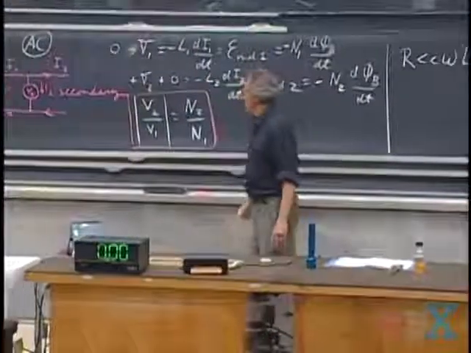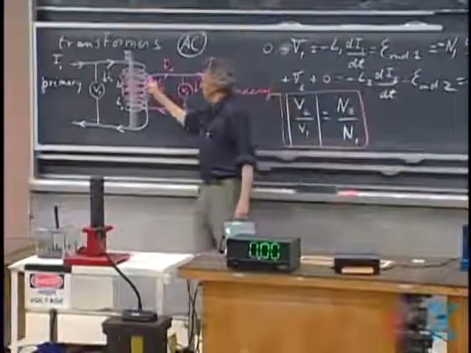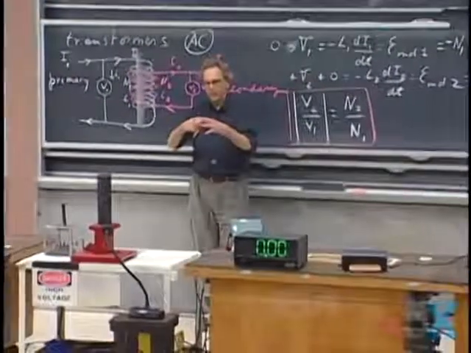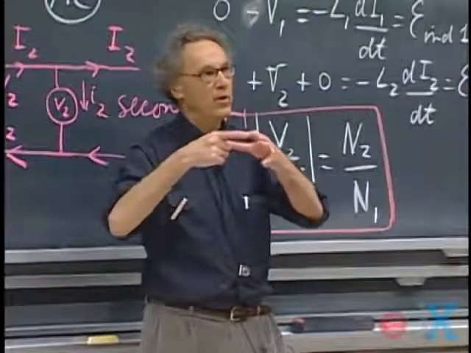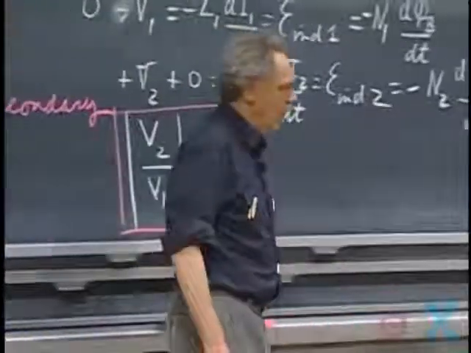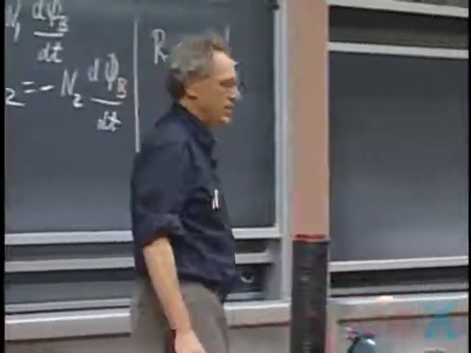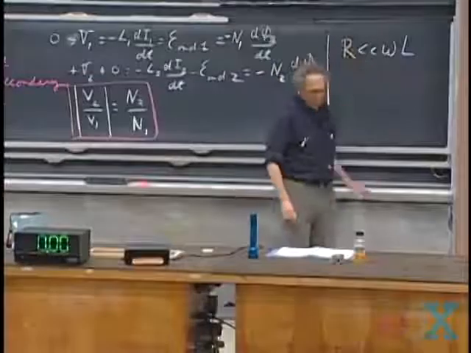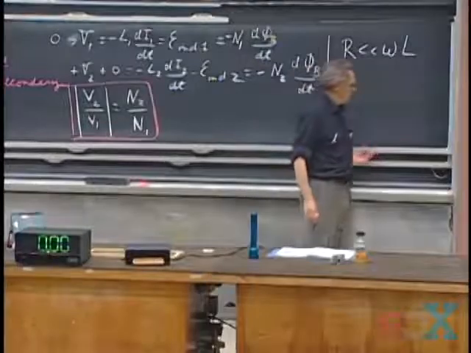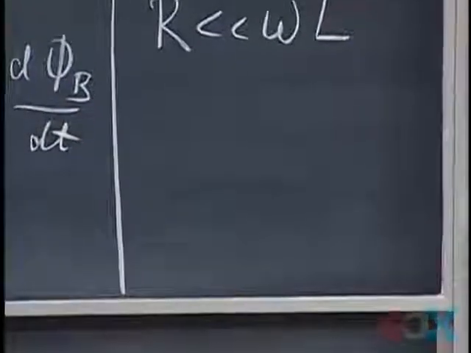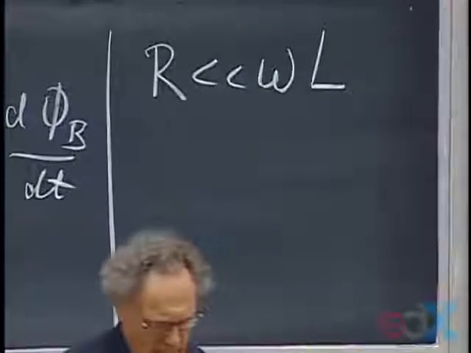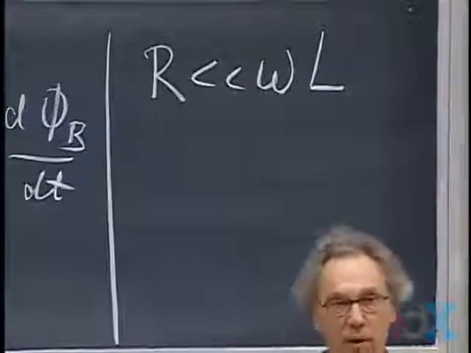Also, you do not always have ideal flux coupling. So it is not always true that the magnetic flux through one coil in the primary is the same as the one through one coil in the secondary. But if all of that were the case, so if R is much, much less than omega L, and if there is no energy loss in eddy currents, and if there is perfect flux coupling, then you can show that